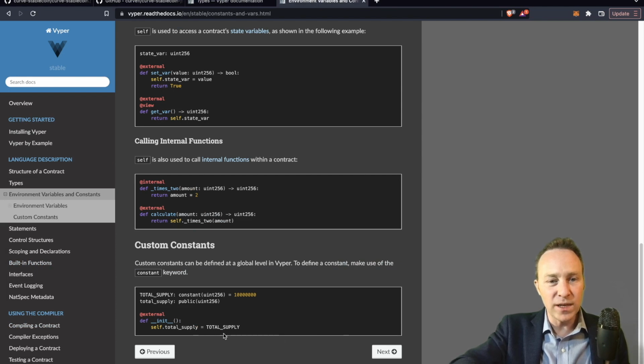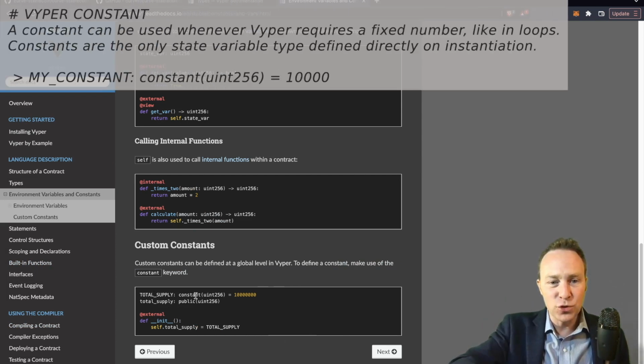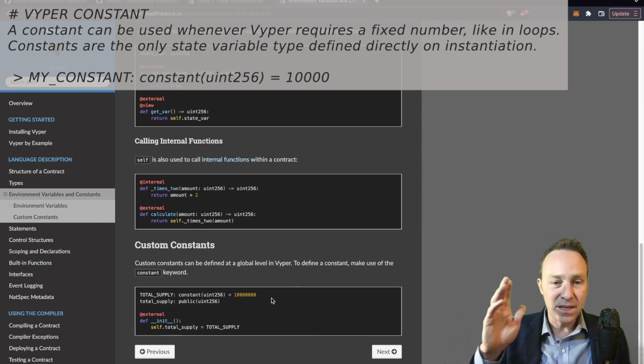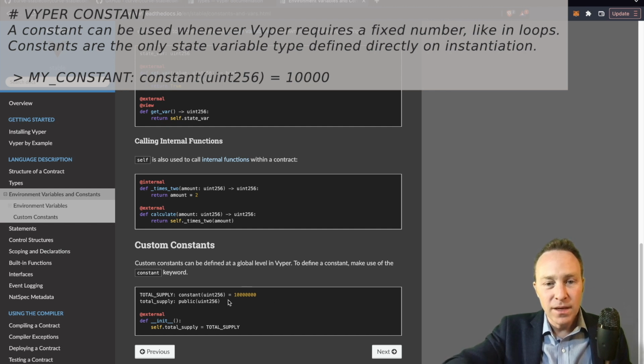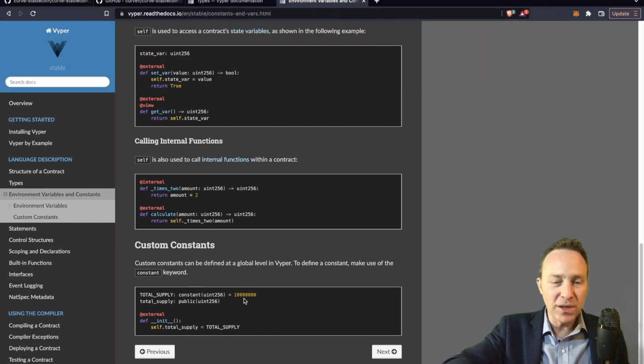To do so, we're going to create a constant. A constant within Vyper is defined directly when you instantiate the variable, and it's fixed, it can never be changed. So for this example here, the total supply is being set to 1,000,000. And then every time you see the word total supply, Vyper just subs in 1,000,000. It's a literal